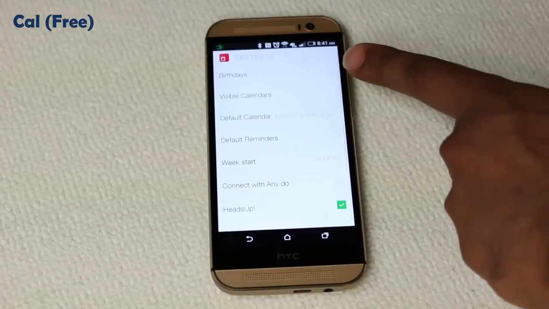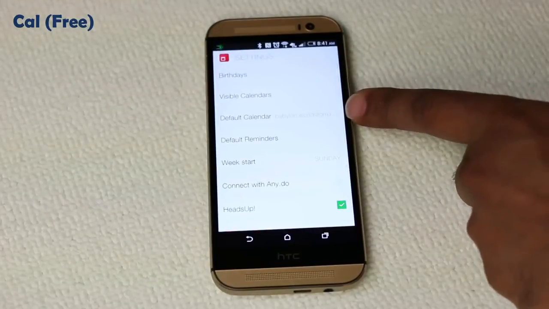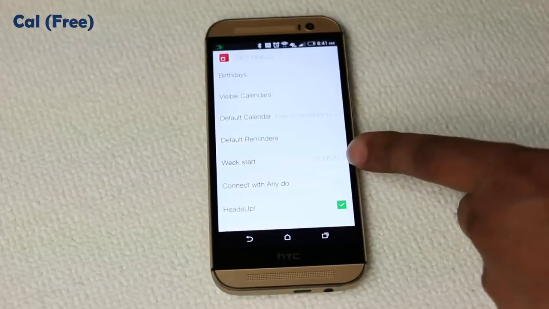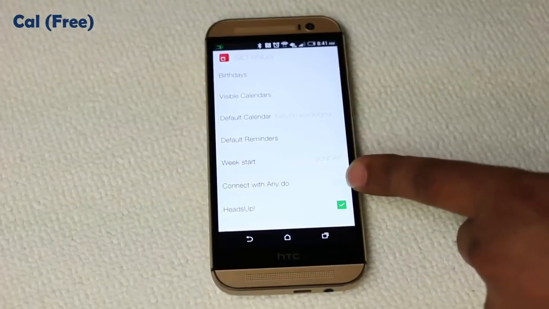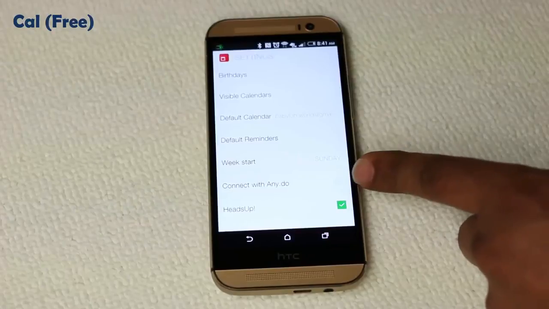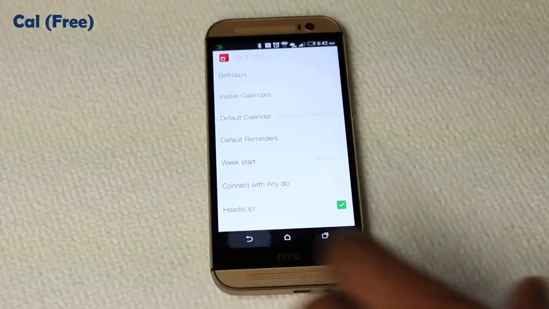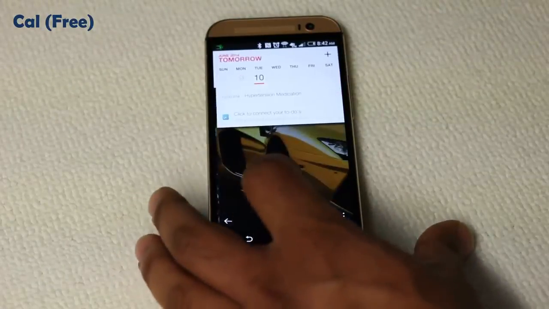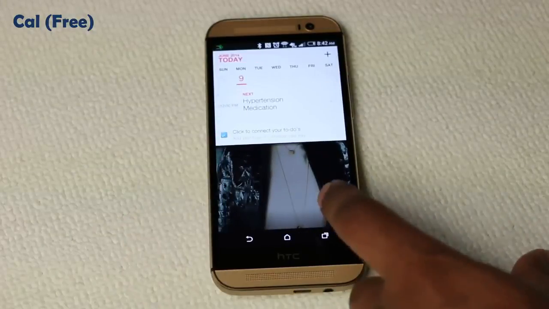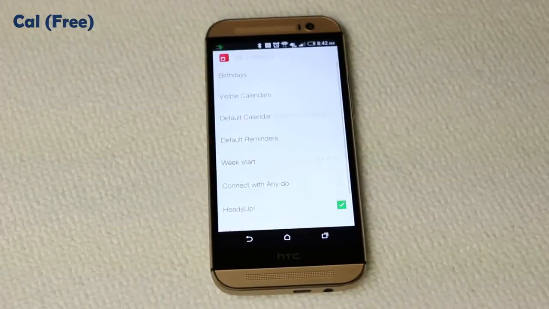and you can change the visible calendars. You can pick your default calendar. You can choose what week to start. You can connect it with any.do application, which is a to-do list, and it's really a nice interface. Alrighty, and you can pick another thing that I like here. If you go to settings,